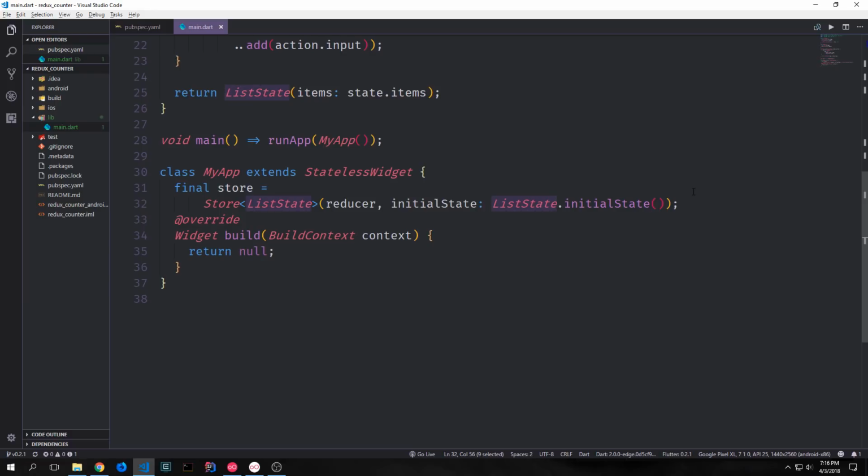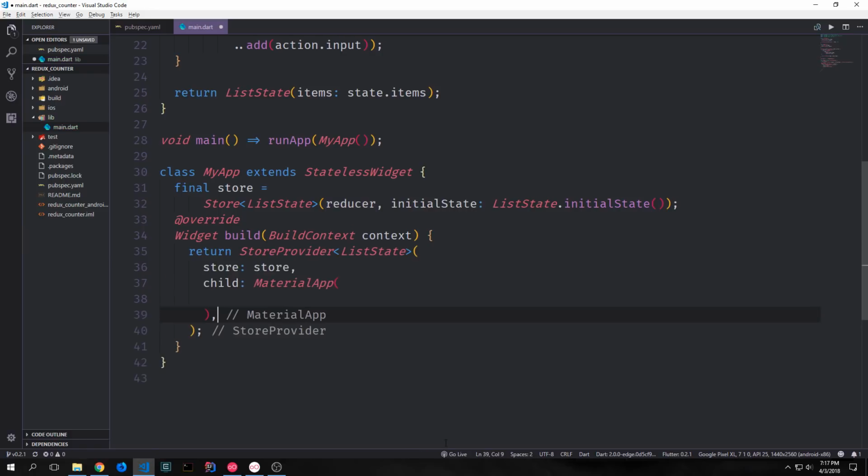So this will create an empty list for us, and then we can use that empty list with our reducer to manipulate our state. Now, the way that we structure our root widget is a little different than what we have been doing before, and that's because we're going to wrap the entire application in this store provider widget. And the store provider widget is essentially just an inherited widget that gives everything in the widget tree access to